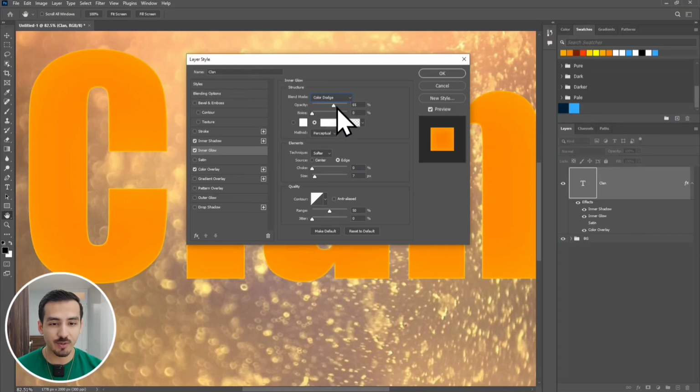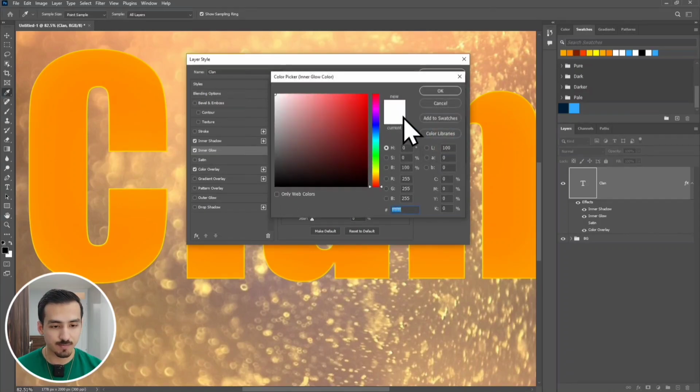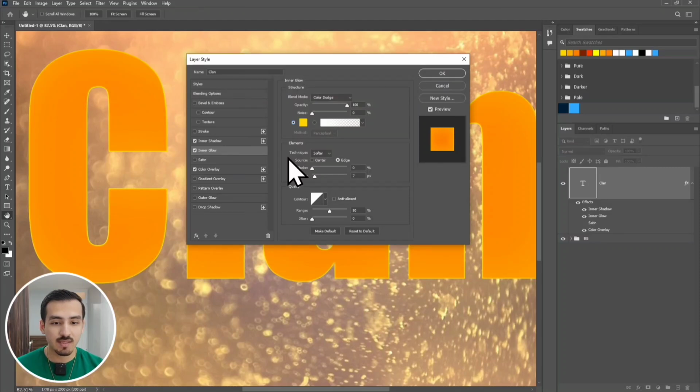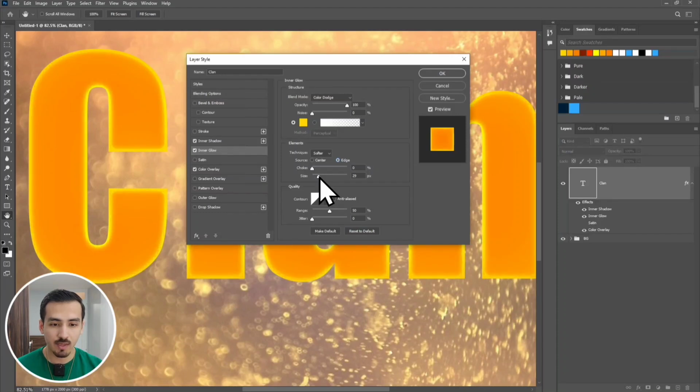Now opacity should be increased to 100% and the color type should be changed to solid color, not gradient, and we don't need any noise, so the noise percentage is 0. Now for the color, we need something like 50 in hue, 100% of saturation, and 100% of brightness. Now, technique is softer and source are edges, not the center. Click on edges. Now, we don't need any choke, but the size should be increased to something like this one